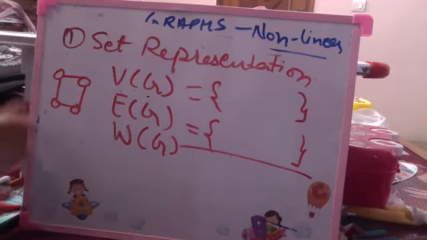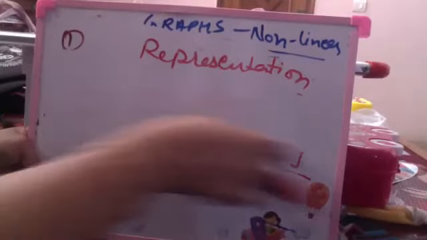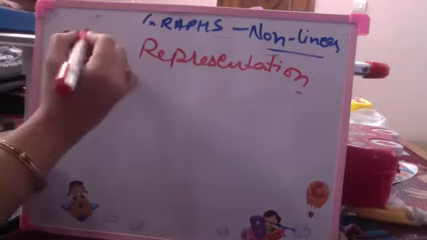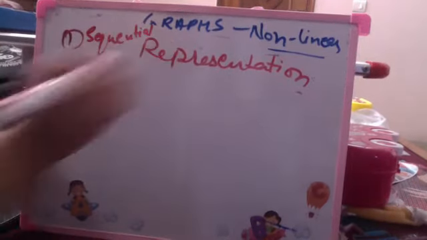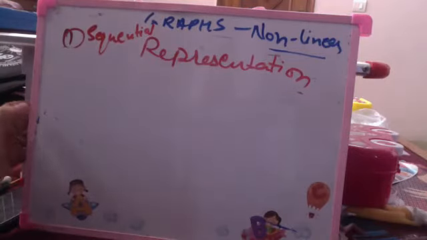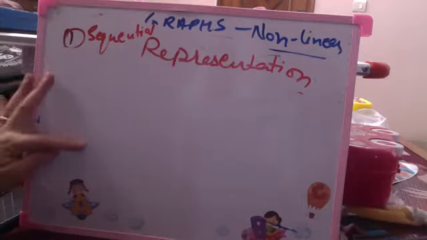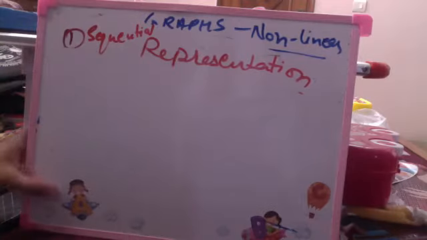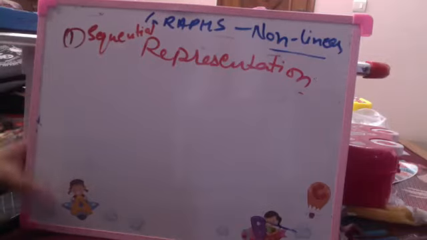Now we move on to another representation which is sequential representation, which initially you all will be understanding easily and might have been using till now. Ma'am, in set representation, what was W representing? Weight, in case there is a weight on the edges. Weight on every corresponding edge, in case there is any.